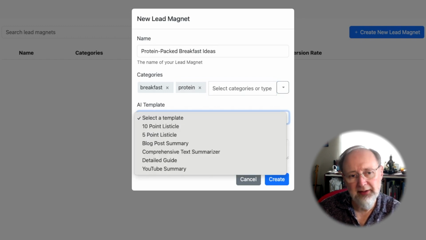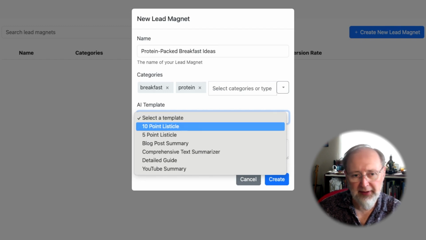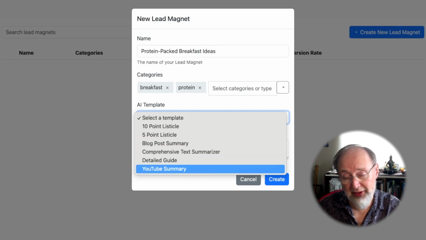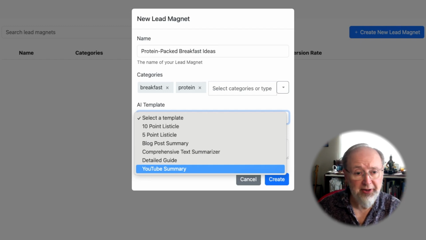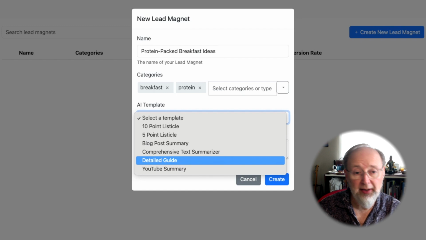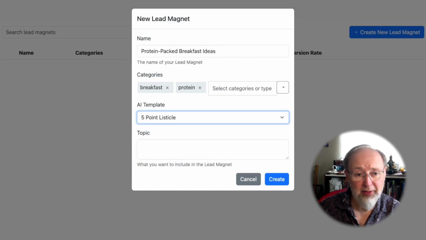have a choice of AI templates. You know, we can do 10-point listicle, 5-point listicle. If you are going out and wanting to summarize another blog post of your own or somebody else's, you can use the blog post summary. You can also do the same thing with a YouTube video. You just paste in the URL and you will create a lead magnet from that YouTube video. Or if you have a whole whack of text, you can just paste in the text and we'll give you a comprehensive text summary and give you a detailed guide. So there's a lot of options there, but for the sake of argument, I'm just going to go for a